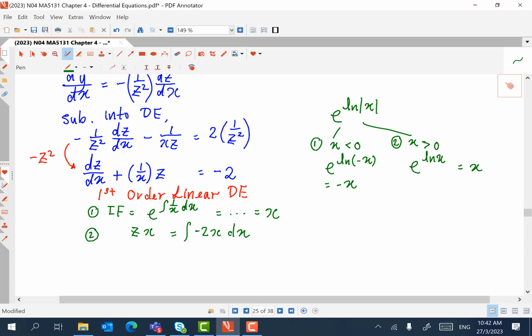Okay. Z times x. So zx is equals to minus x squared plus c. And then your z is actually 1 over y. So therefore your y is equals to x over